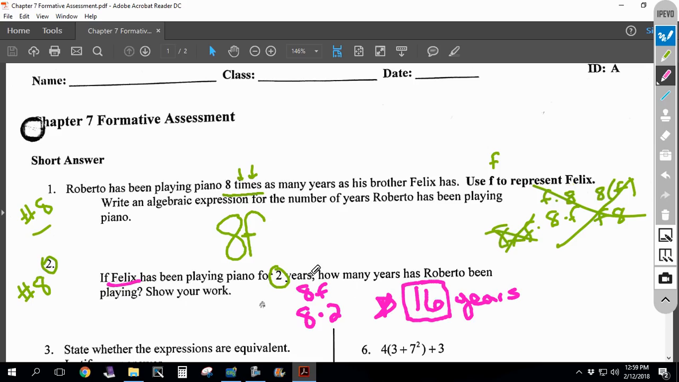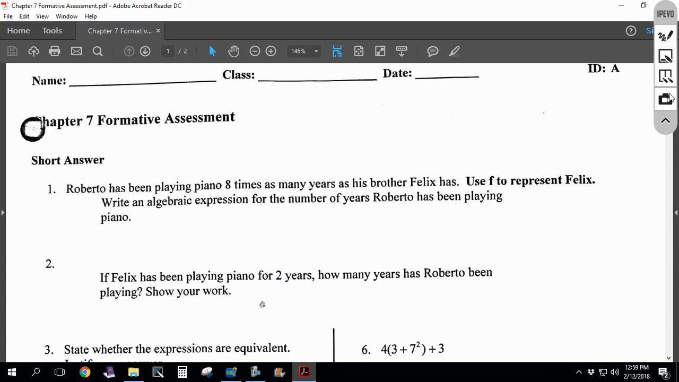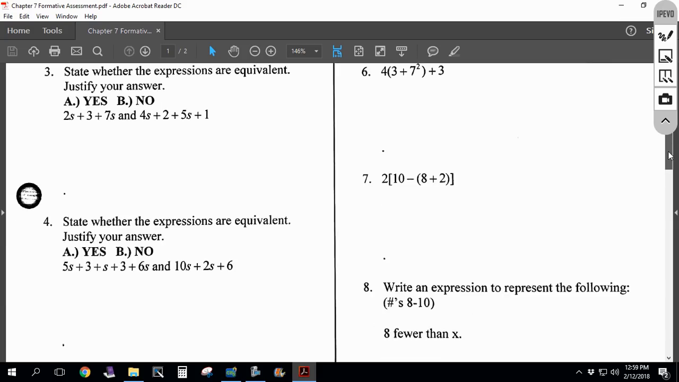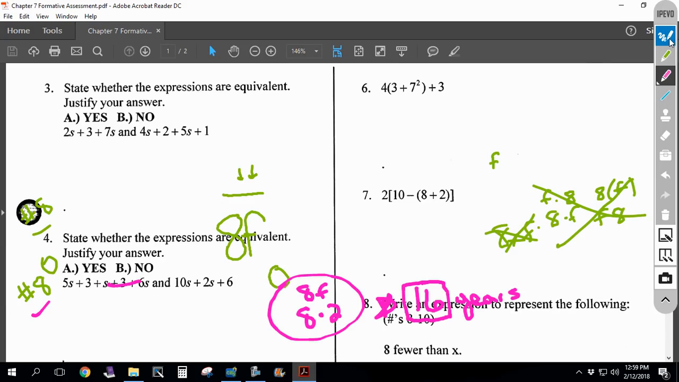Technically, I would want you to do it this way because you should always turn the algebraic expression into a numeric one and then find your answer. Okay, so make sure you give yourself a check or an X on those ones. Let me go down here to number 3 now, 3 and 4. These are going to be